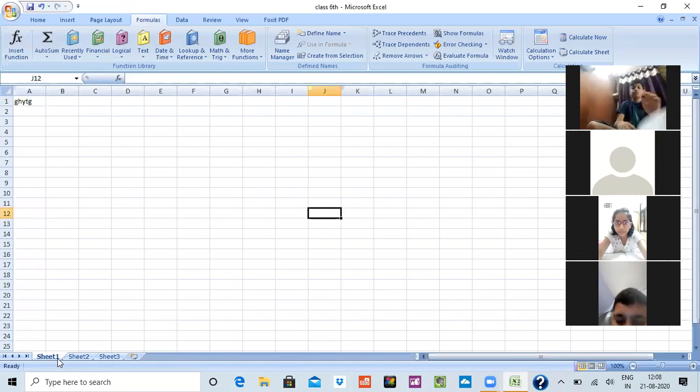Whenever you open an Excel, it shows a sheet. So what do we call it? There is a workbook and there is a worksheet. Like you have your book. In your book, you have many pages. A single page is known as a worksheet and the whole thing together is known as the book. Your complete book consists of all the pages of the chapter. So one page is known as a worksheet and all the worksheets together are known as a workbook.